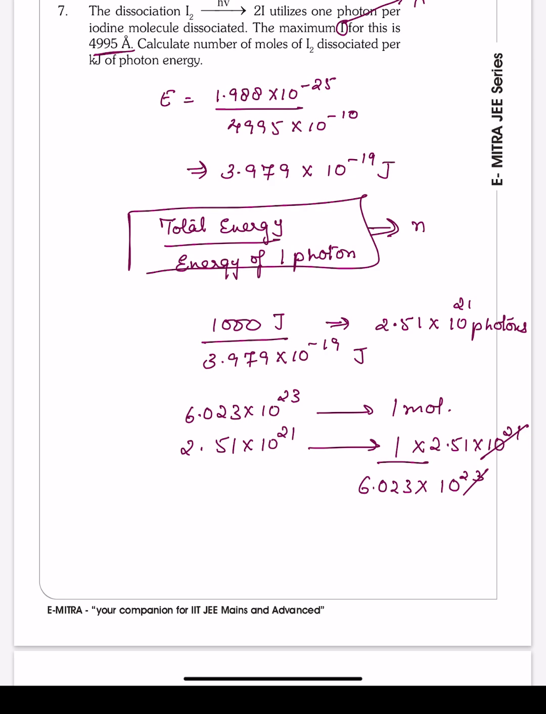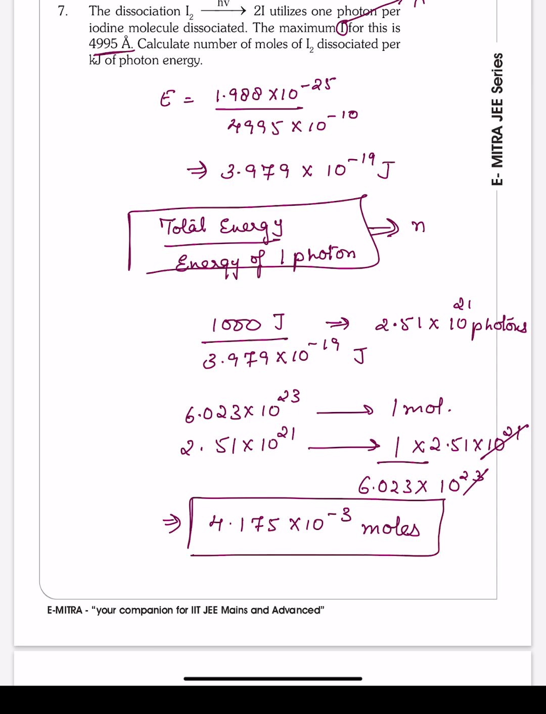Okay, and from here, what remains below is 10². If we divide, this gives us approximately 4.175 into 10⁻³ moles. This is what we had to find out. Let's look again once more. In the question